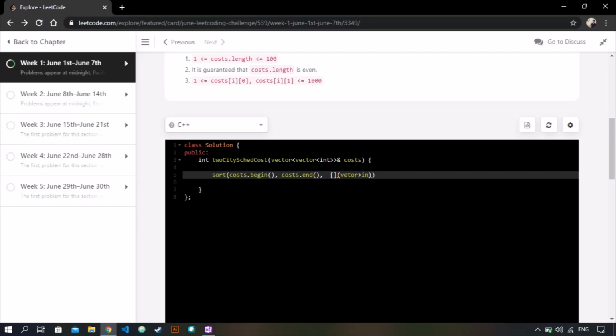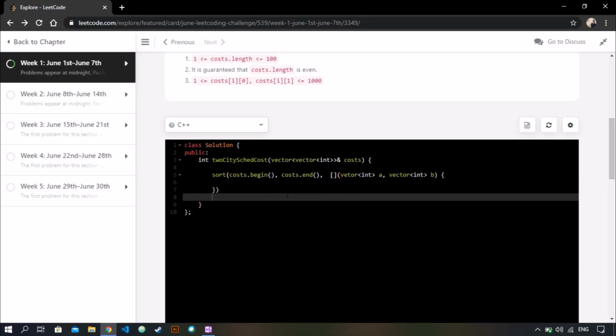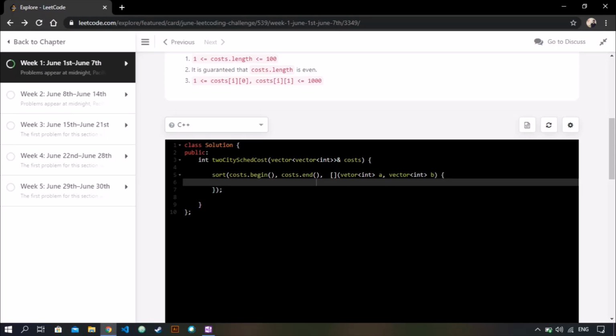So there are 2, and then our parameters, let's name it A, and sorry, let's name it B. Okay, for city B, and this will be B. Okay, now what this should return, this should return the absolute of b0 minus b1 is less than absolute of a0 minus a1.